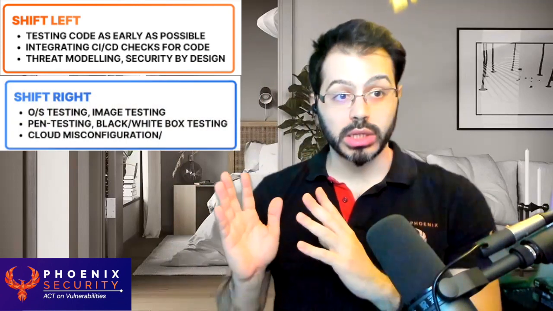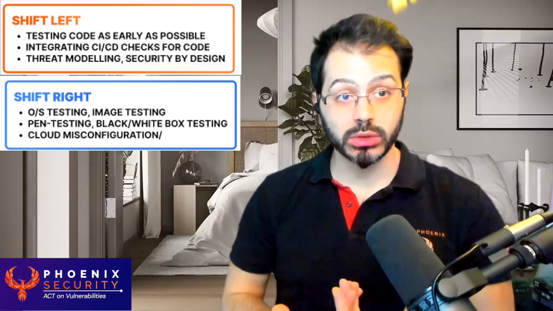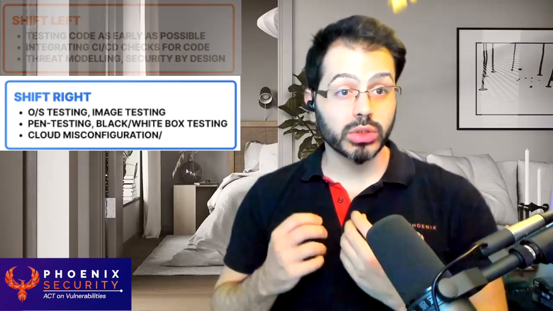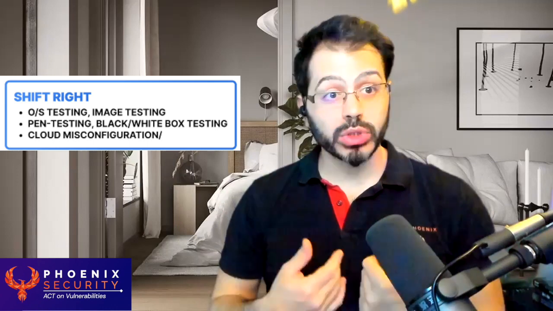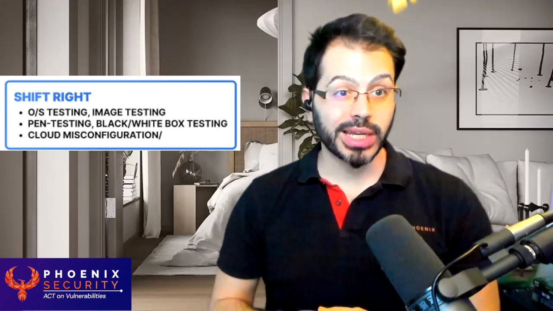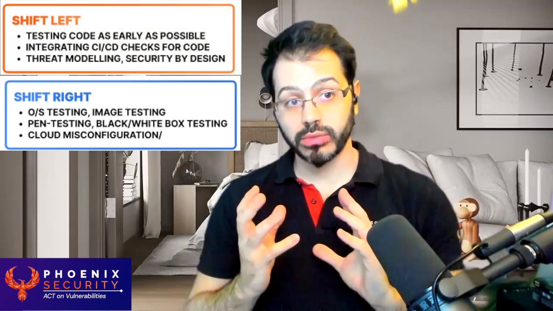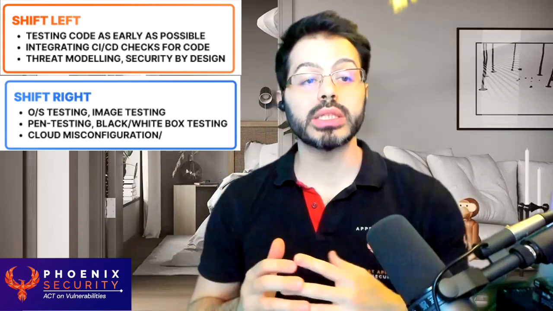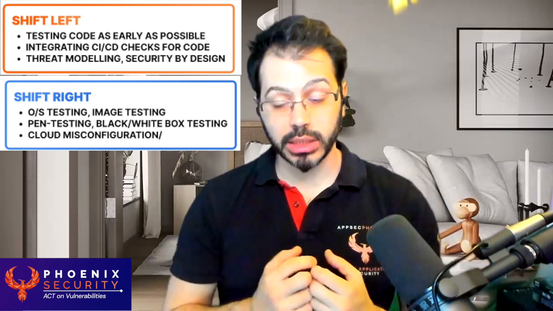So fundamentally, not forgetting that production and the contextual aspect of production means something. A library deployed on a server that is externally facing, that is highly exploitable, probably requires more attention than a library in a piece of code that is still in development. So that's why talking about shifting left and shifting right, or more importantly, shifting left and contextualizing right, is quite key. And I'm quite keen on highlighting that. And that's why I call it shifting smart.